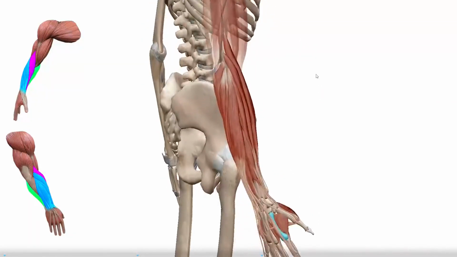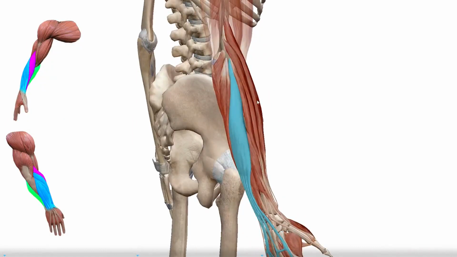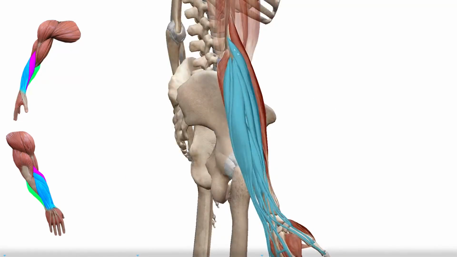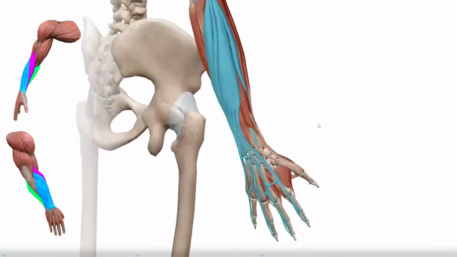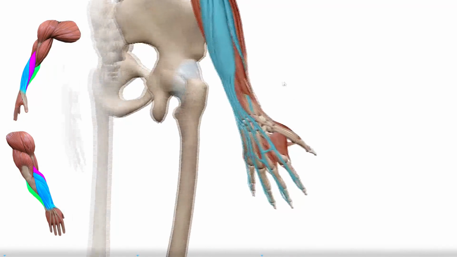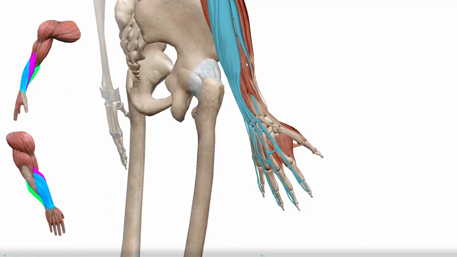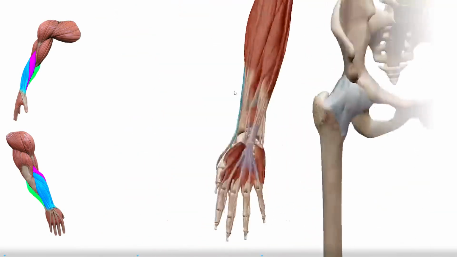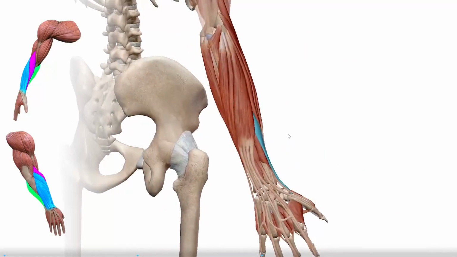The next group that we're going to take a look at is the one responsible for extending your fingers. So all the extensor muscles minus this one right here. So the 4 big ones that we'll actually look at are those 4 right here. There's a bunch more muscles, as you can see here, that are not highlighted. So all these smaller ones that we're not going to take a look at, because they are deep muscles, or they're not actually going to be visible at all, or not much